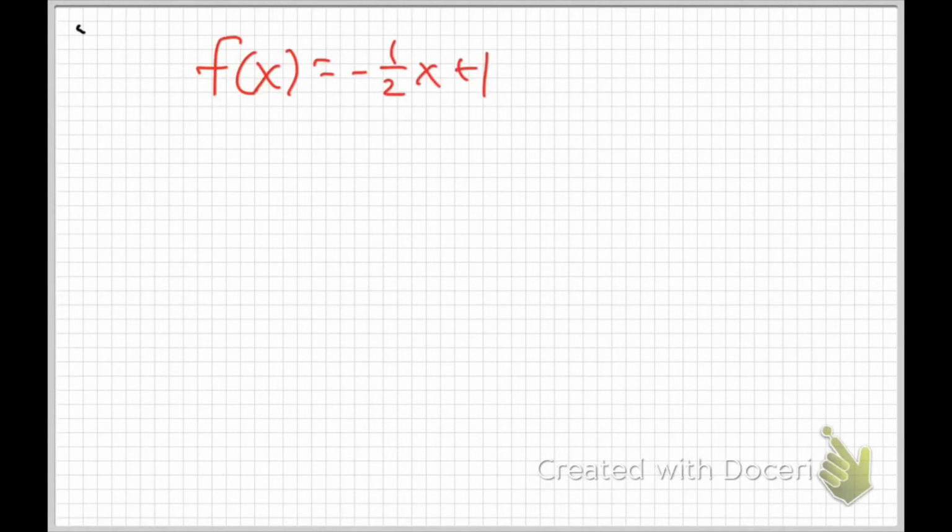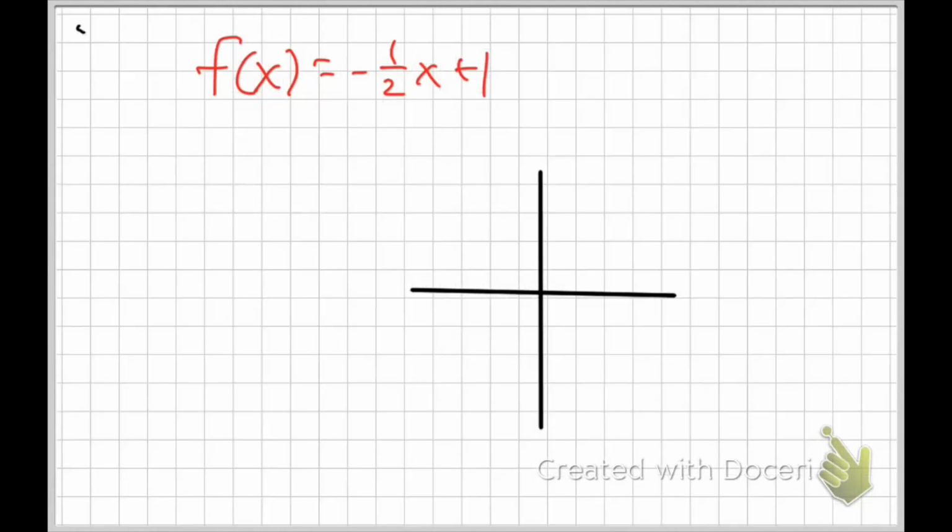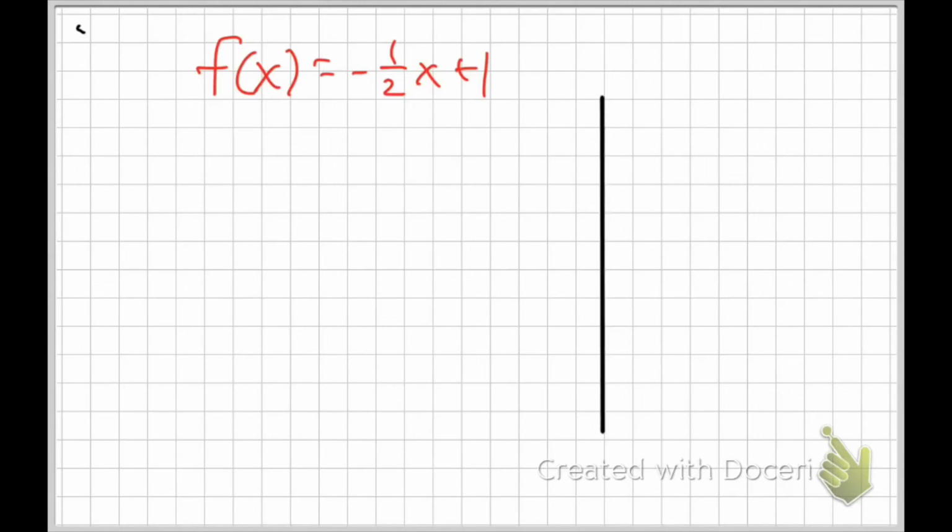So if I had that function there, if I wanted to graph this, well, what's my y-intercept? My y-intercept is 1. So I go right there, and my slope